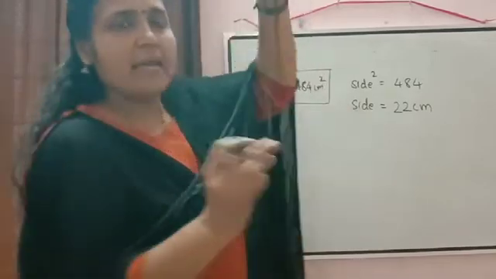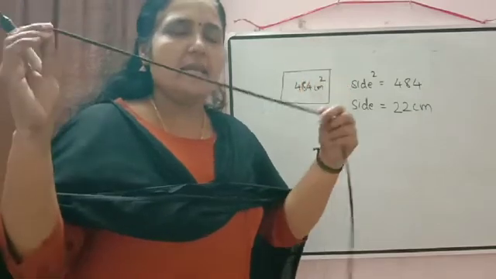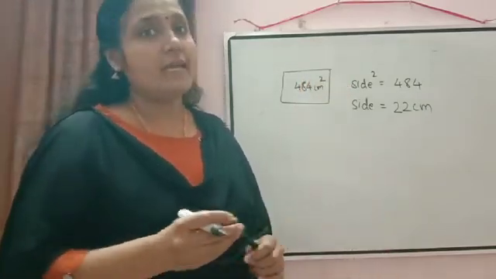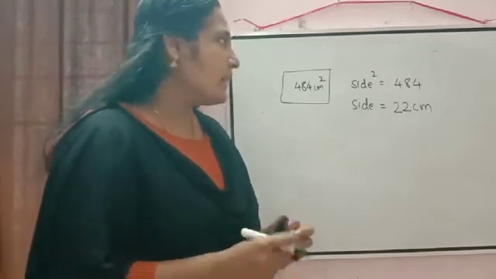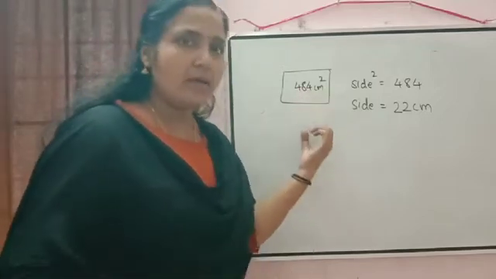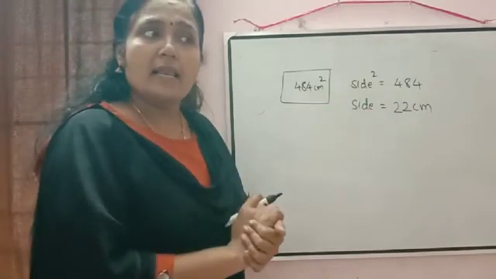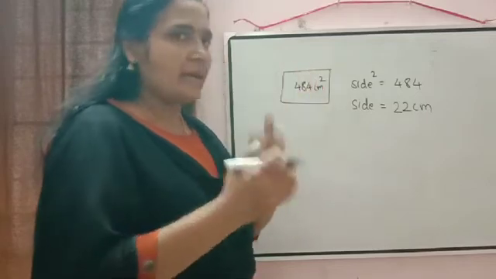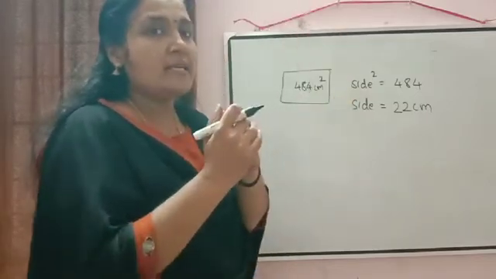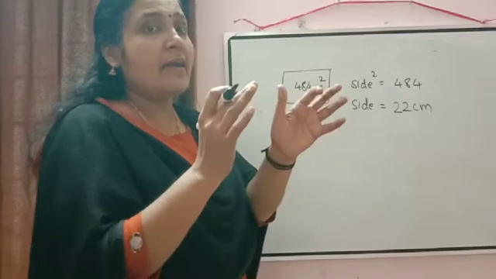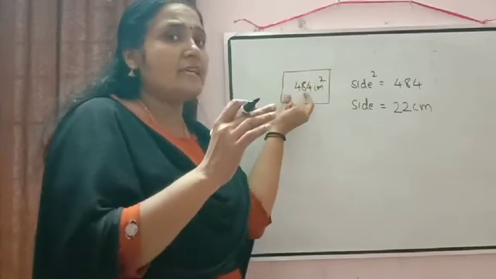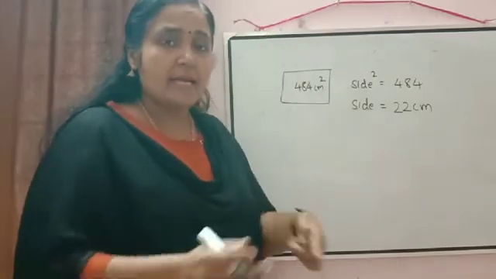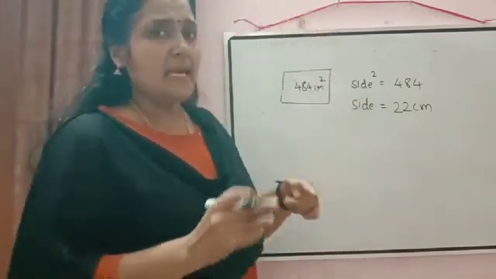Okay, so if I am making the circle there, what is the thing which is not changing here? Yes, that is the length of the wire. Whether we are making a square or a circle, the length of the wire remains the same. In case of square, length of the wire means the perimeter of the square. And in case of circle, it means the circumference of the circle.